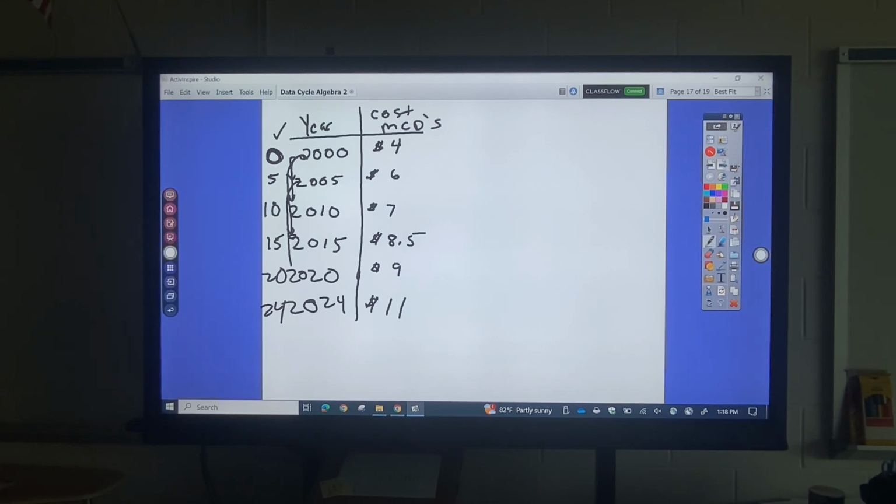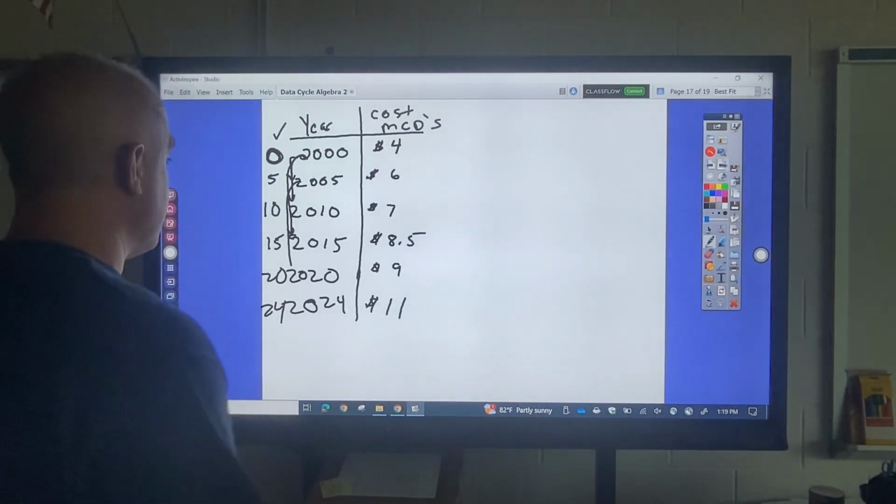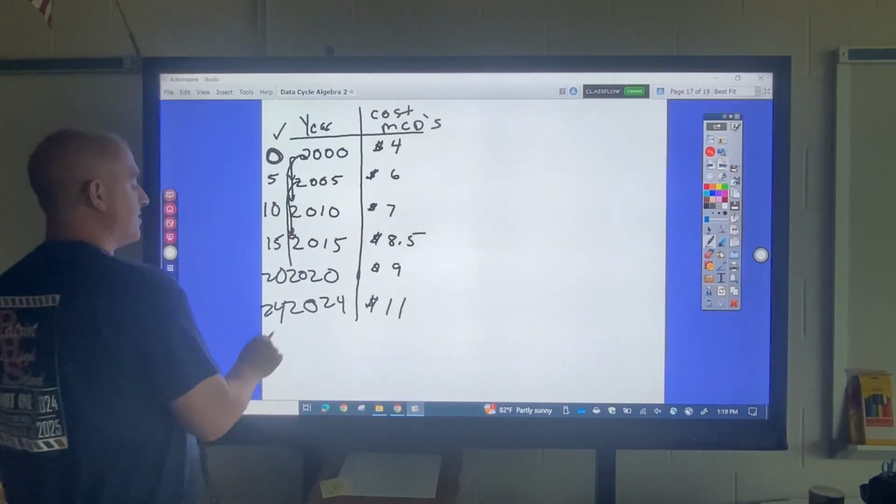Let's go 0.975 on that regression. Yes, this isn't a great one to do regression wise, but what you want to do is make sure that